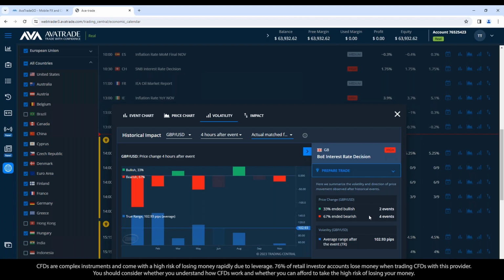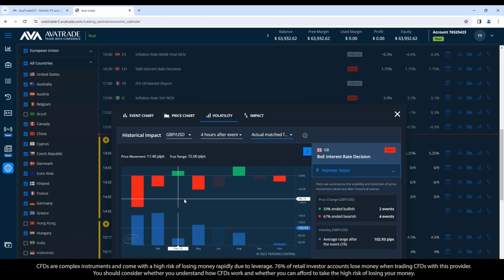The same here. The pound is weakening if the rate decision comes in as expected 2/3 of the time in the past. So it's the same setup. It's not an upward movement because the pound is listed first here. When we were looking at pound USD, the USD was listed second. So a weakening of the USD meant the pound went up. In this case, a weakening of the pound means the pound goes down. But it's the same thing. Statistics show if it comes in as expected, 2/3 of the time, the currency for the country for which the rate decision was announced weakens. In this case, the Great Britain announcement and the pound.